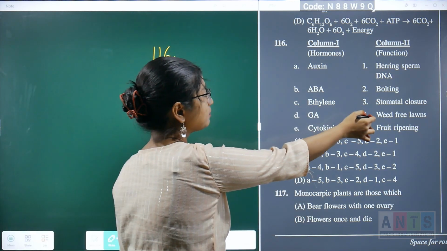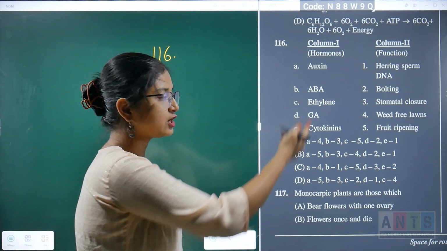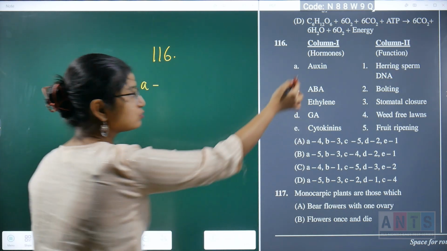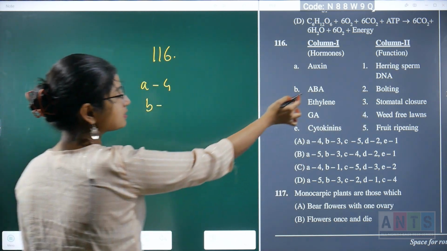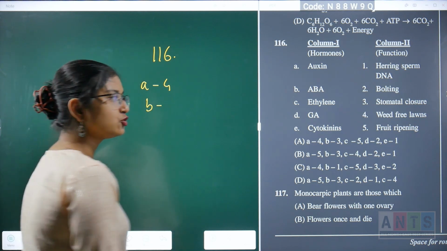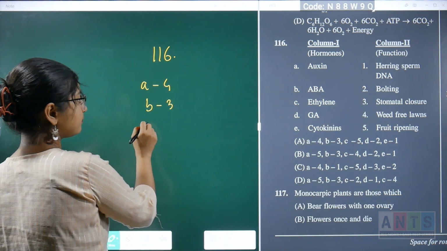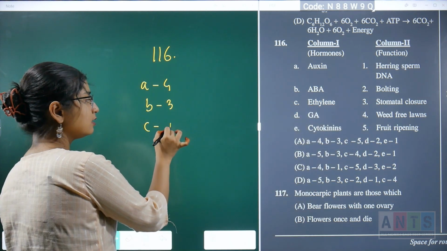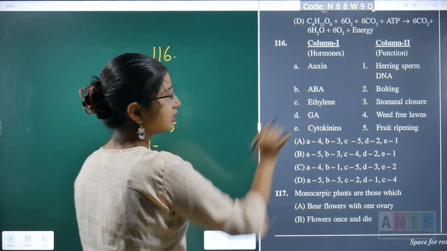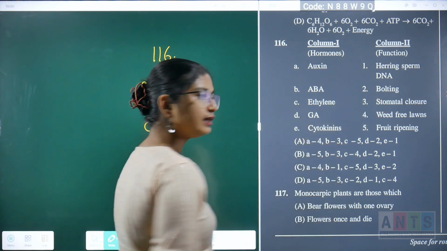Auxin, for example, 2,4-D can be used for what? They can be used to generate weed-free lawns. So, auxin, weed-free lawns, A4. Abscisic acid being a stress hormone, what it can trigger is stomatal closure. So, B3. Ethylene is important for fruit ripening. So, C5. Gibberellins or gibberellic acid, what they can trigger is the phenomenon of bolting in plants